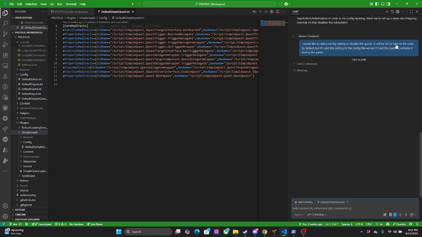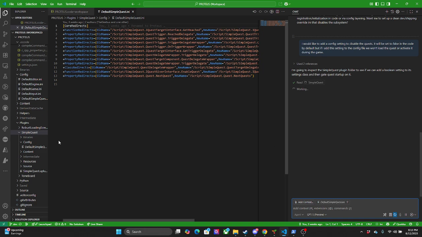It will be set to false in the code by default, so other people, it won't screw them up. But if I set it to true in my config, it won't run.